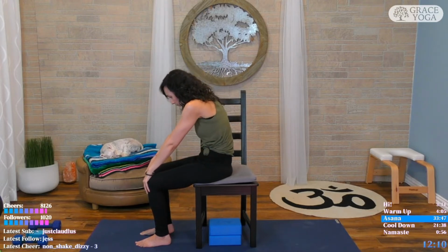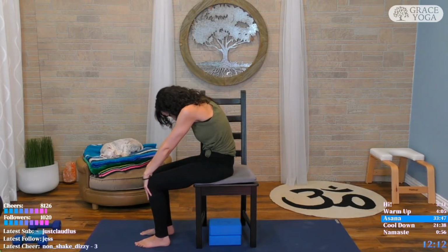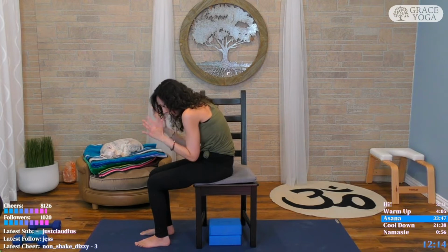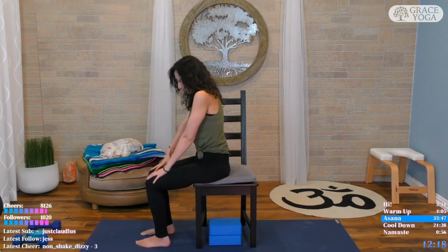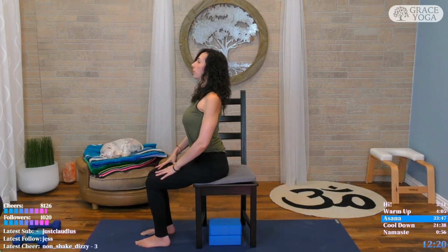And then on your next exhale, round. Feel free to use your hands on your knees here. Now, I'm facing to the side, but feel free to face forward. If you want to grab the back of the chair to help you squeeze the shoulder blades together even more,